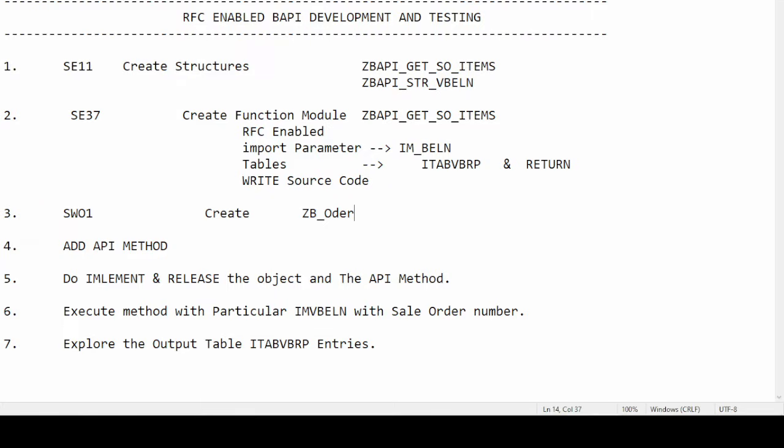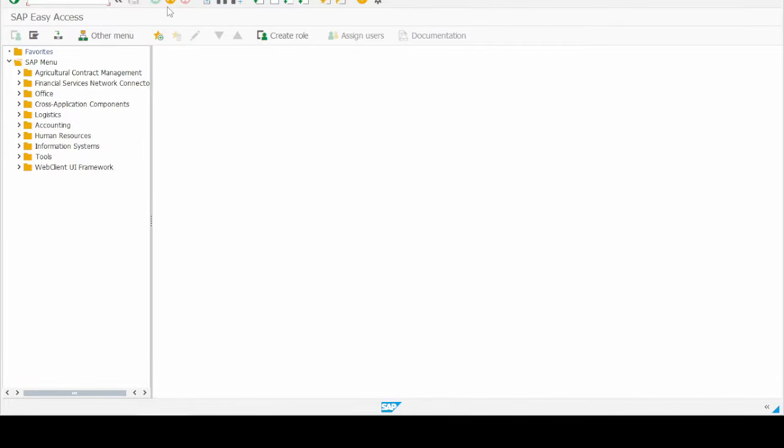Let's begin. First of all, we have to decide what data we want to give our customer, our non-SAP system, so that it gets it from this BAPI. For example, if the customer wants to get the data of invoice items by giving any particular invoice number, we know that the table name is VBRP. Let's explore it